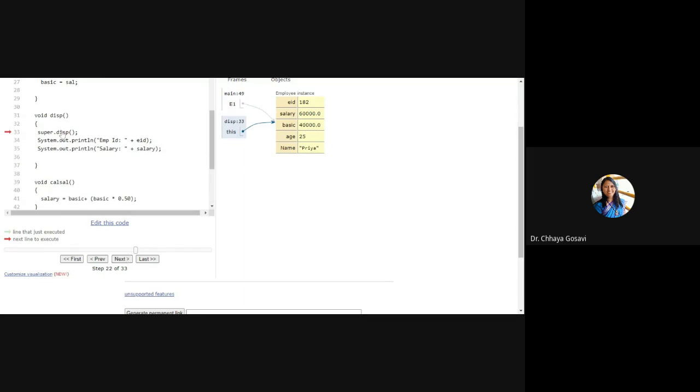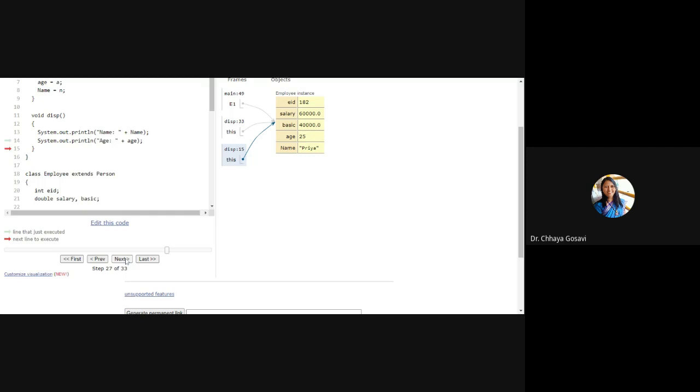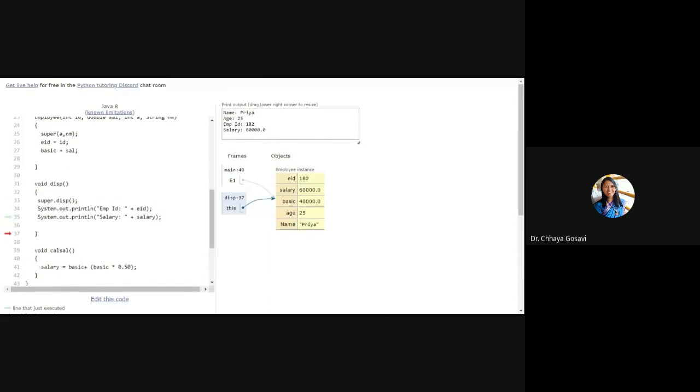Now E1 dot display, in the display function it is super dot display. So control will go to the superclass display function for name and age. It will display name and age, and then the remaining two lines, that is employee ID and salary. You'll get the same output.